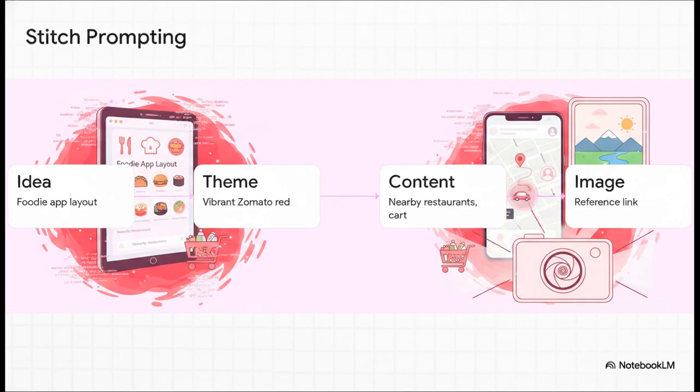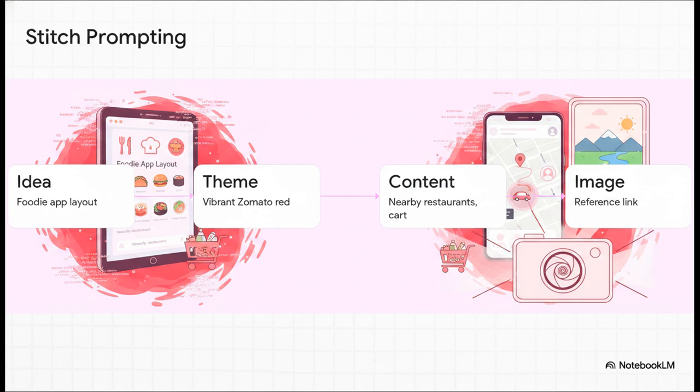Now, to get professional-grade design results out of an AI, you absolutely need to use Stitch's 4-box prompting rule. You can't just type, "Build me an app," and hope for the best. You have to give it an idea, like a foodie app layout. You give it a theme, like a vibrant Zomato red. You define the content, think nearby restaurants or a live tracking map. And lastly, you provide an image or a reference link. Locking in this specific four-box structure gives the AI the exact rigid parameters it needs to actually design a beautiful,